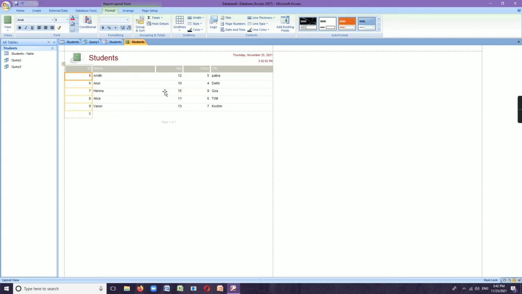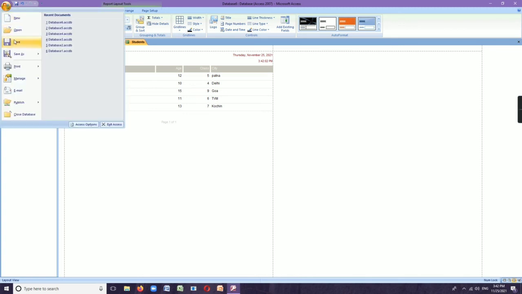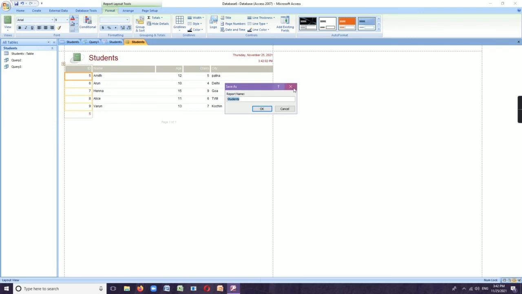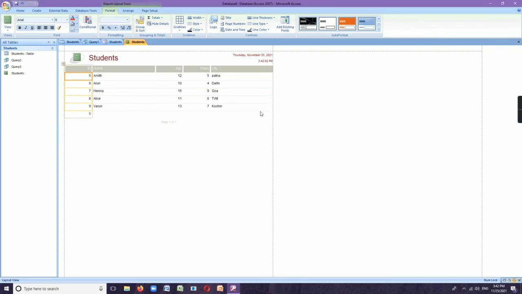Different styles are available here. We can choose any one of the styles to make our report more attractive. Different formatting features are available here. We can choose any one of these options and we can make our report more beautiful. So dear children, we can click on the save button to save our queries, tables, reports and also forms. So today we have studied how we can set a relationship between two tables, how we can apply different queries to our table, and also how to set forms and reports for the table.